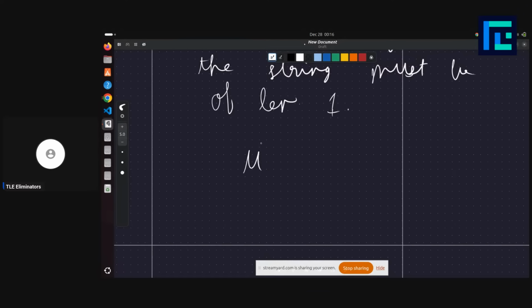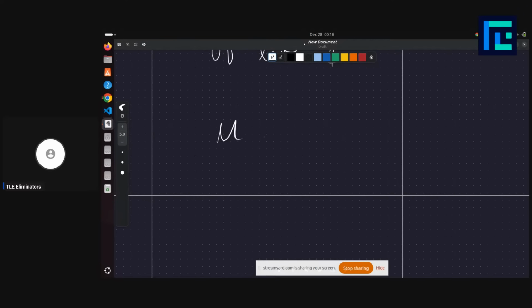But there is one more condition. You cannot even have this. Let's say USS. Okay, so even if in this string every block of u has size 1, still this is not fine, because for this u, there is nothing to the left of it, right? There's only a single s to the right of it, so the closest one is this, and the second closest is this one. So they are at distance 1 and distance 2. So that is also not fine. So basically, you need that for every block of u, there must be an s to the left of it and an s to the right of it,